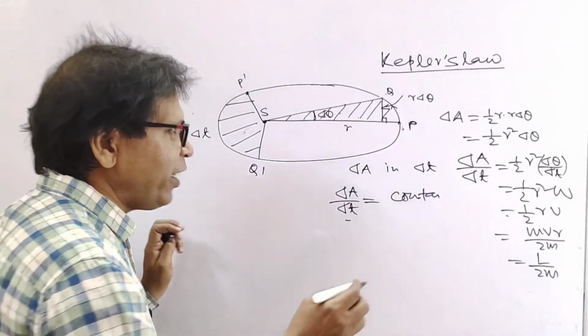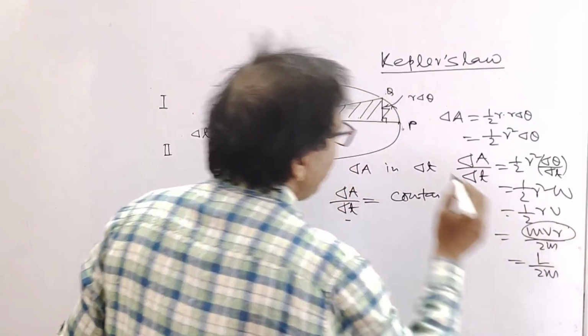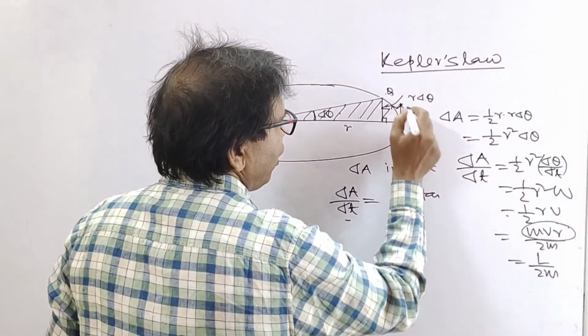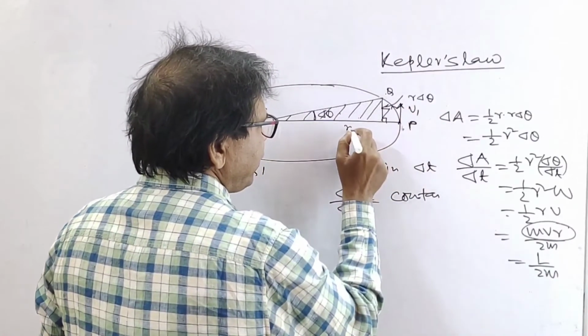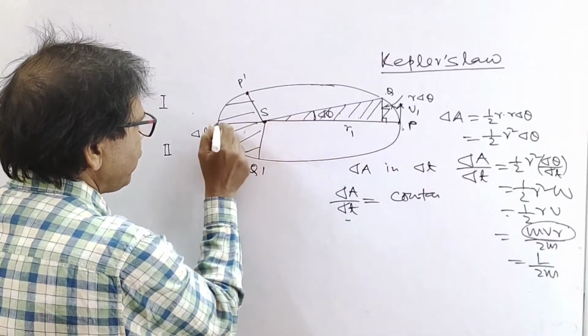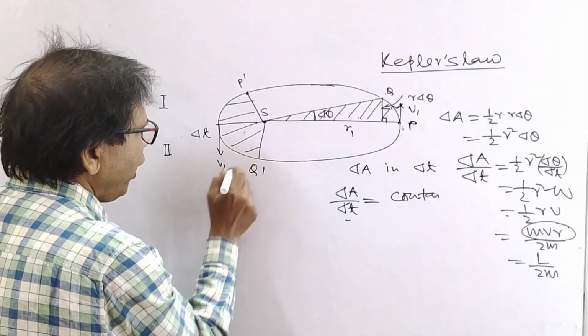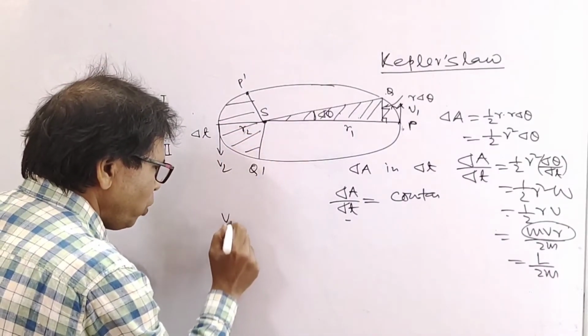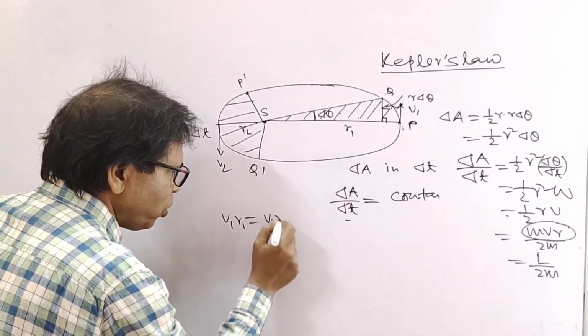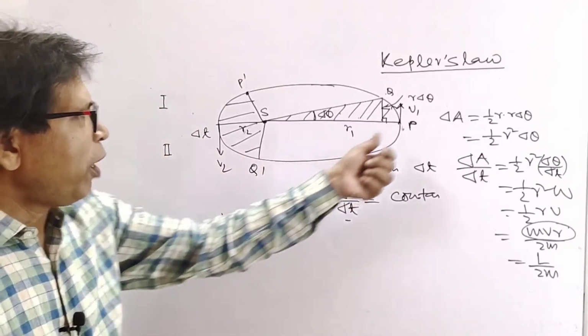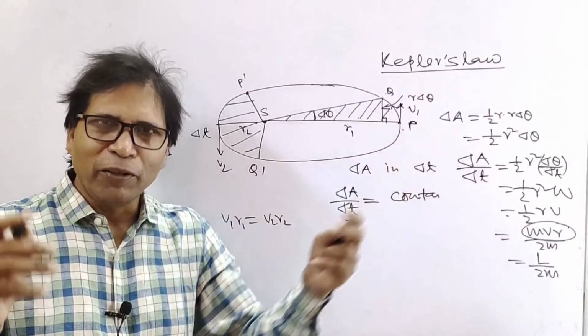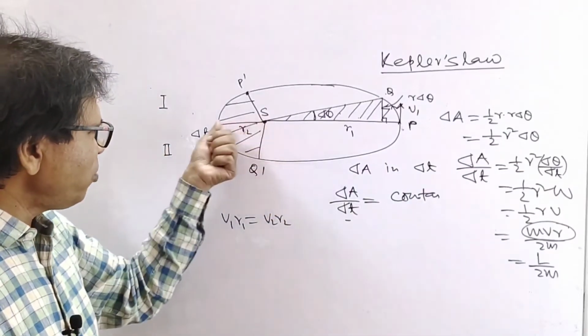So if this is the velocity v1 at r1, and here the velocity v2 at r2, then v1 r1 equals v2 r2. So far away from the sun, velocity is less,